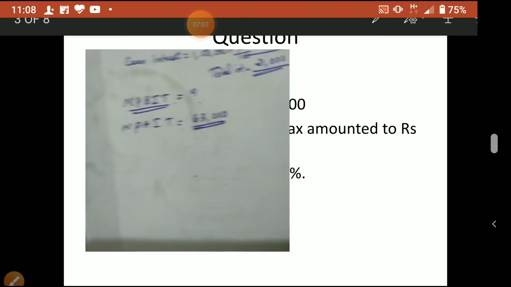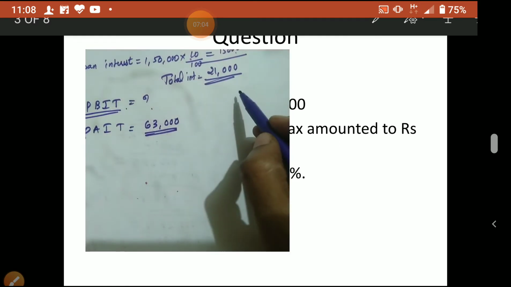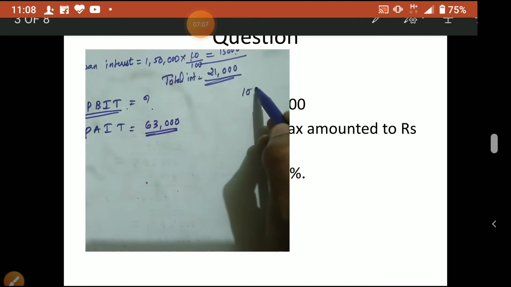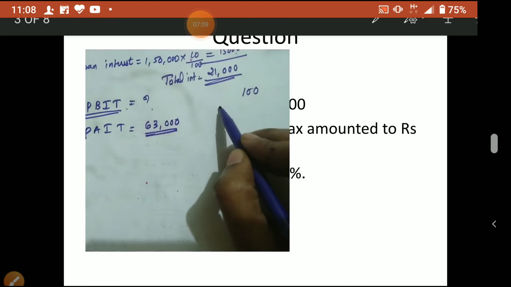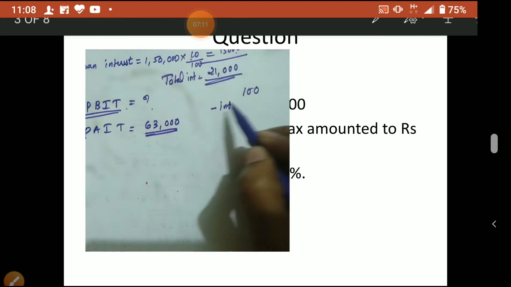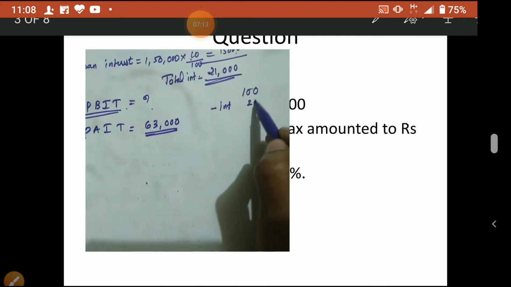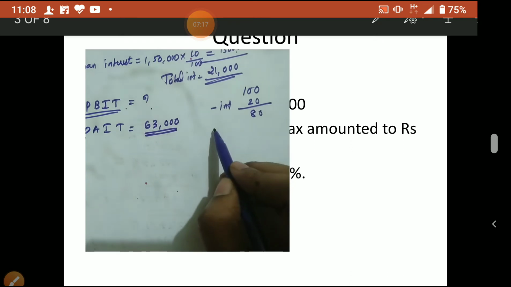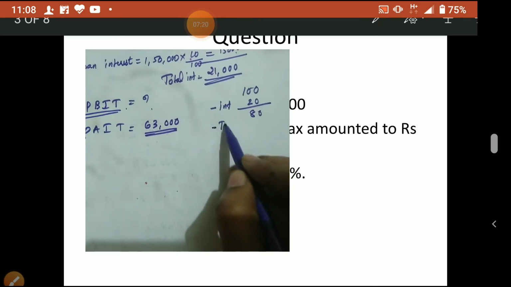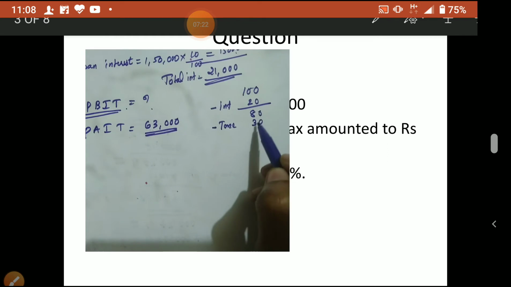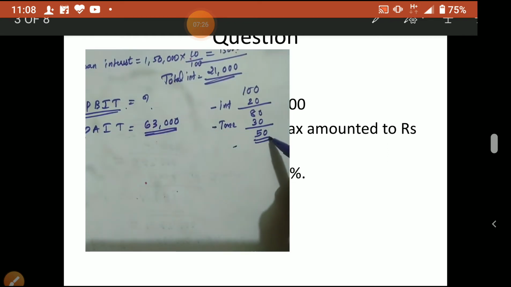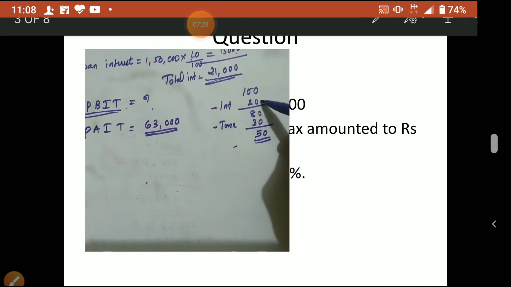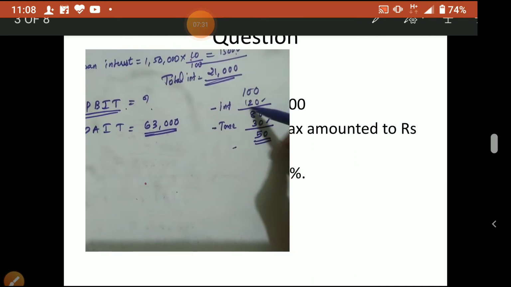Okay. So to understand this, I will tell you one example. Suppose our profit is 100. From that I am deducting interest, less interest 20. Then the profit is reduced to 80. From that amount I am paying tax, again 30 rupees. Then I get 50 rupees as my profit. So this profit of 50 is after interest and tax. With both amounts deducted, I got this amount.